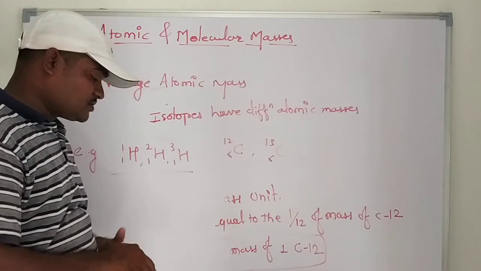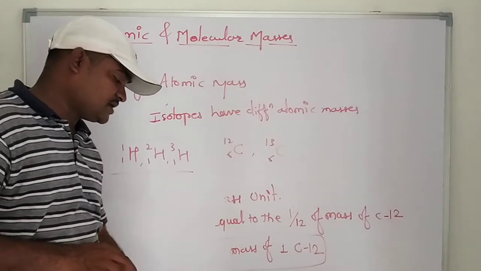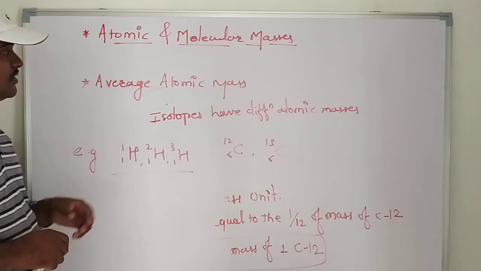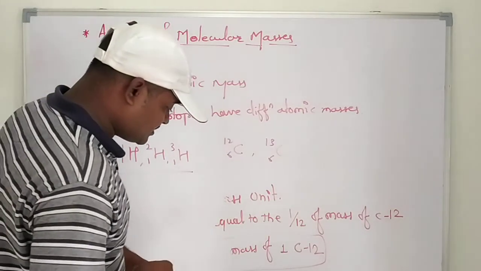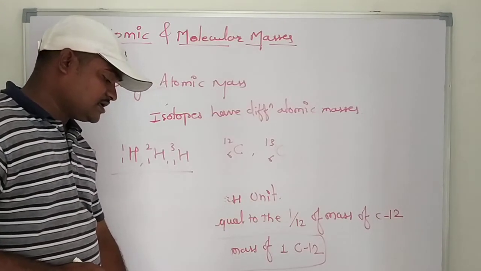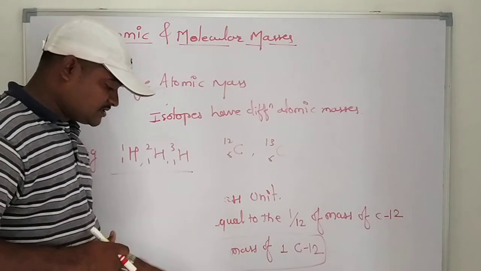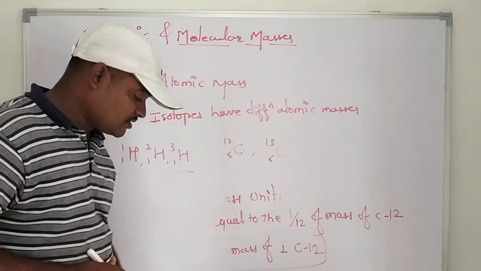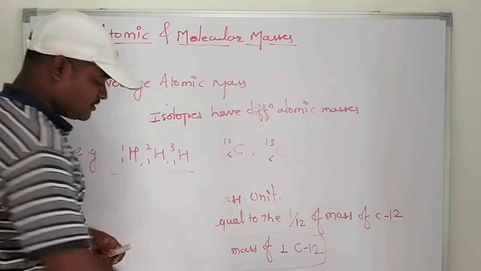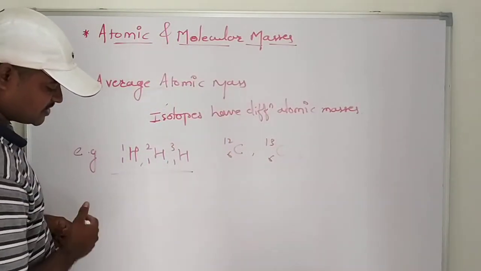So the atomic masses of isotopes and their relative abundance, that is percent occurrence, this is what we call the average atomic mass. So this is the definition of average atomic mass. Once again I will repeat it. The atomic mass of an element is the weighted average of the atomic masses of its corresponding isotopes. Students, this is a very important application for the calculation of average atomic mass. For example, if we consider carbon, then you will understand what is meant by the average atomic mass.